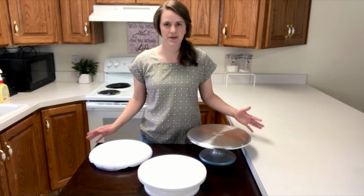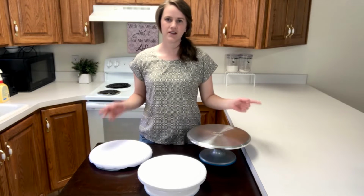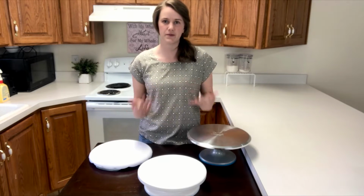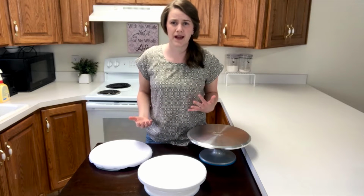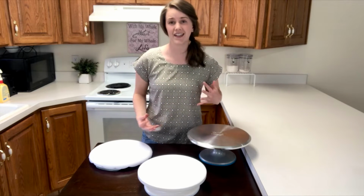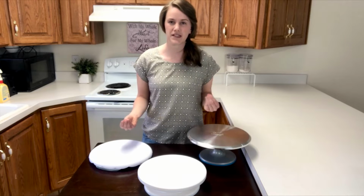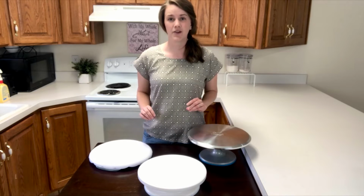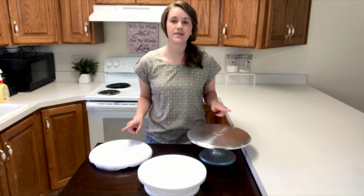The first time I went to buy a turntable was kind of a big step for me as a cake decorator, because all of a sudden you're investing money into this bigger tool that you need. And it was really hard to choose which one to buy just based off a picture without being able to see its functionality and the pros and the cons of it, without being able to see how it worked and how it spun. So today I'm creating for you a little small tutorial of 3 different turntables that I've used,